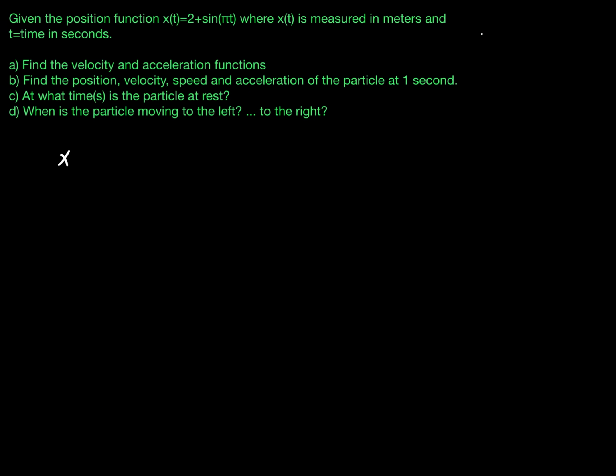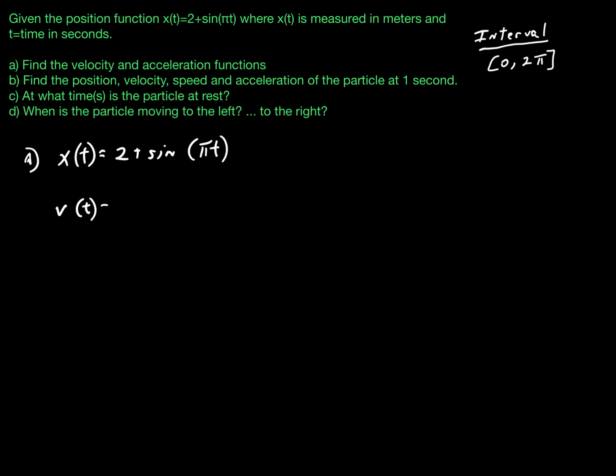In this example, we have ourselves a trig function, and it is given the position is 2 plus sine of pi times t. Part A is asking us to find the velocity and acceleration function, so why don't we go ahead and do that. Part A, velocity first. That's the derivative of position. The 2 goes away. This becomes cosine of pi times t times the derivative of the angle value. Let's throw that in front,